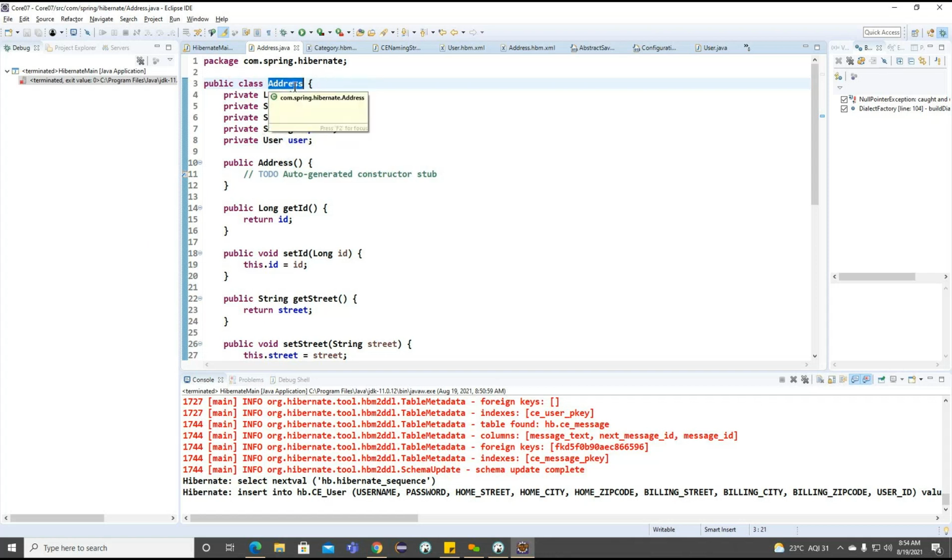Getting the point. So for example, this particular address is extending from the billing address. The billing address information also we are going to store in this address table, because it is one class for one table. For address we have the class, and in the same way we are going to create one table for the address. Even though the address is extending from the billing address, the billing address properties also we are going to store in the address table here. And the same way, another one here,